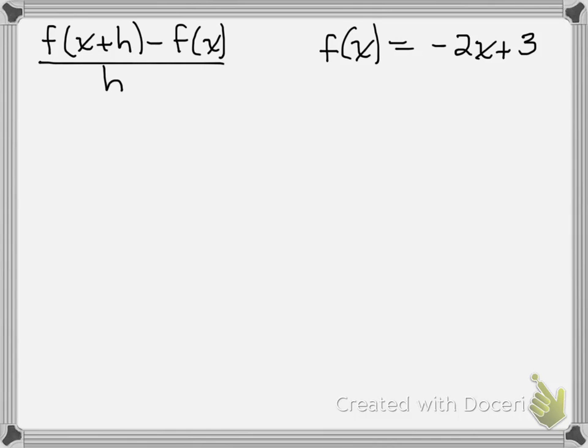We're going to take a look at finding the difference quotient for a linear equation. The difference quotient, as you may have read in your book, is a way to find how quickly the value of a function is changing between one input and the next. We have a function f of x is equal to negative 2x plus 3,